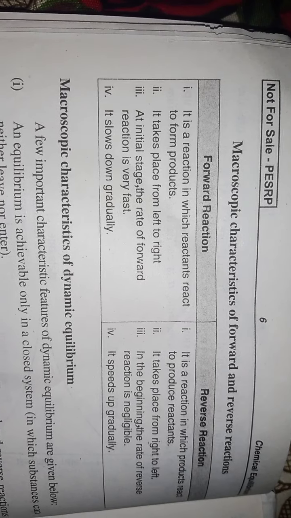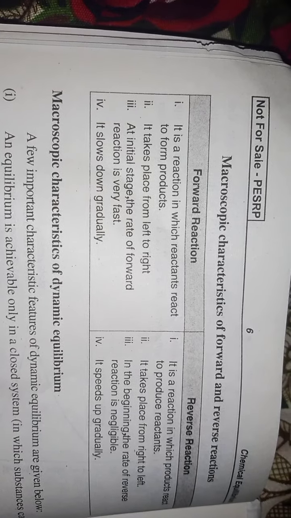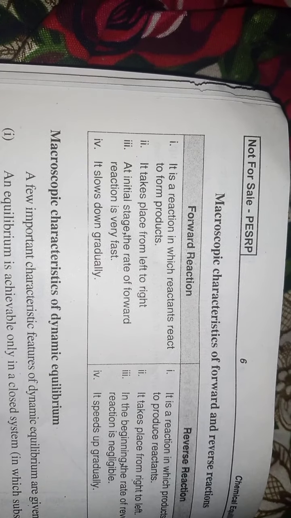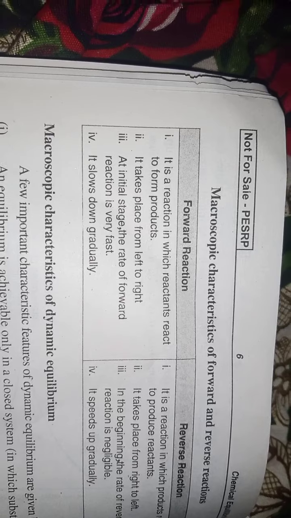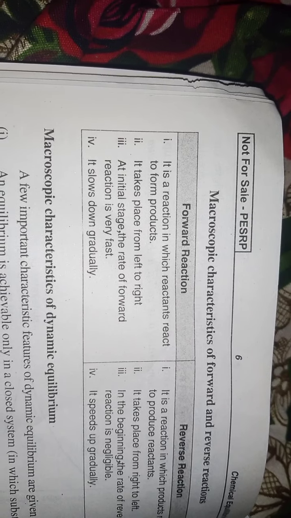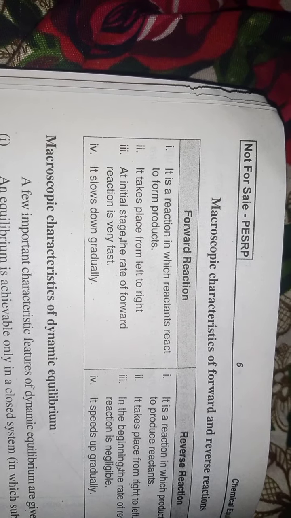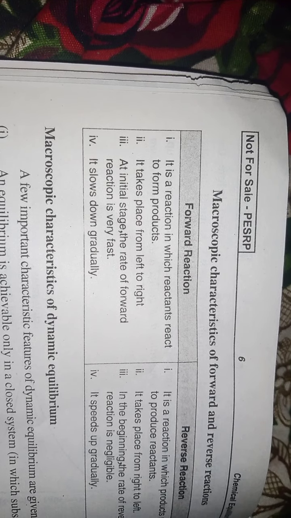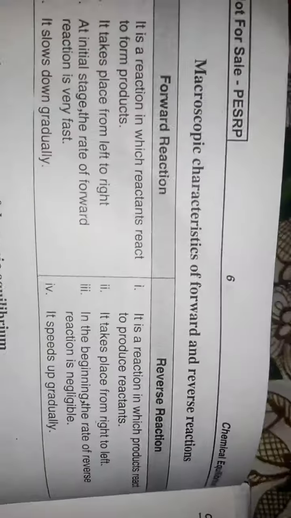Macroscopic characteristics of forward and reverse reactions. Forward reaction: it is a reaction in which a reactant reacts to form a product. It takes place from left to right. At the initial stage, the rate of forward reaction is very fast. It slows down gradually. Reverse reaction: